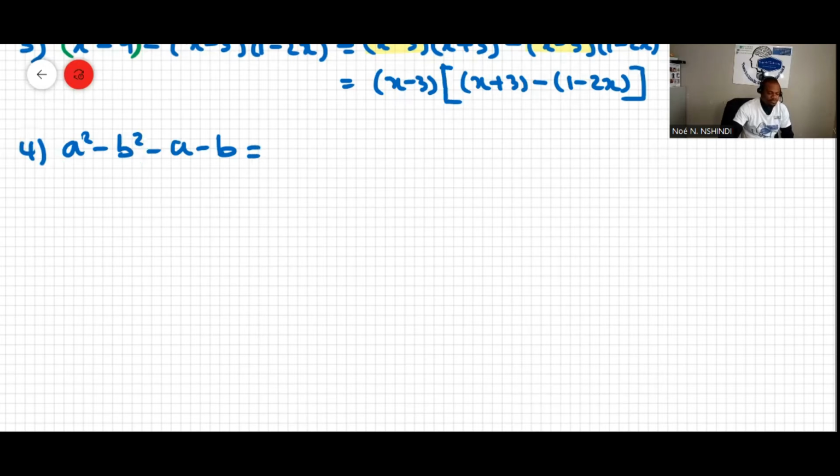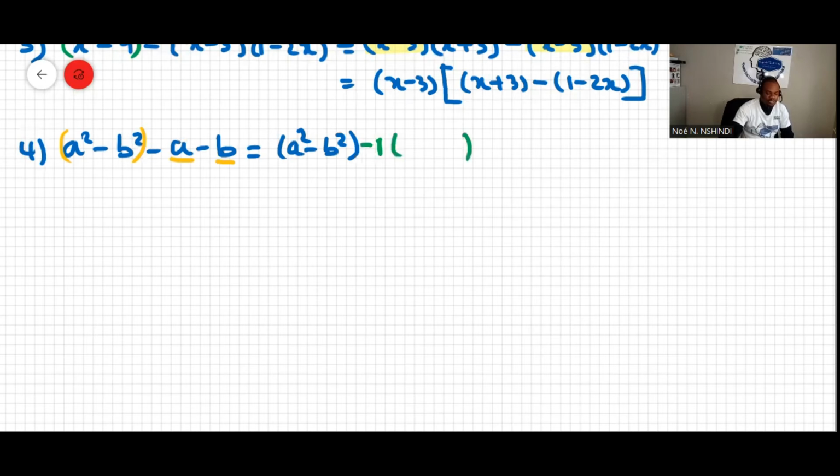Let me do it this way. I'll place bracket over here and there, and then over here we can take -1 as a common factor. So this will be then a squared minus b squared. Okay, if I take -1 as a common factor,